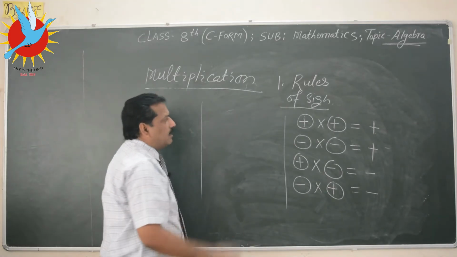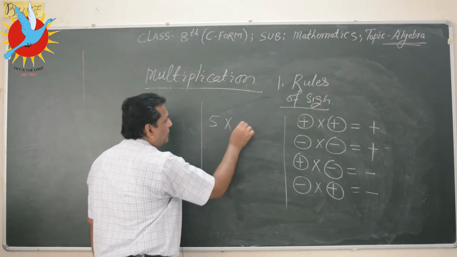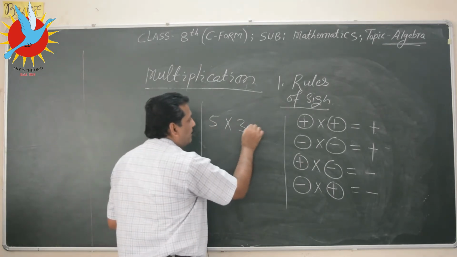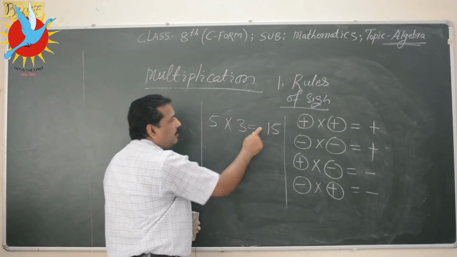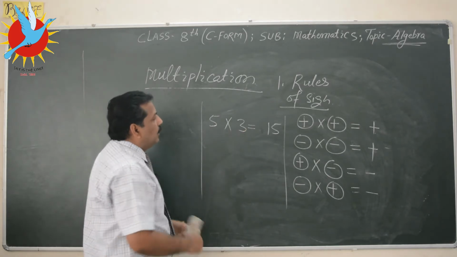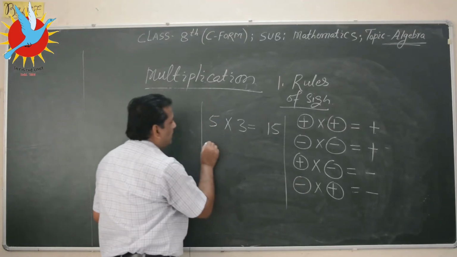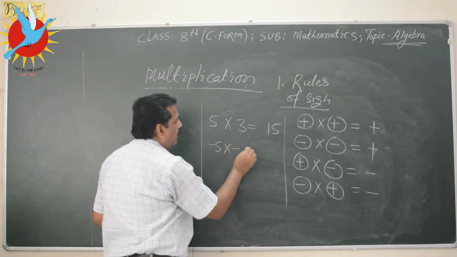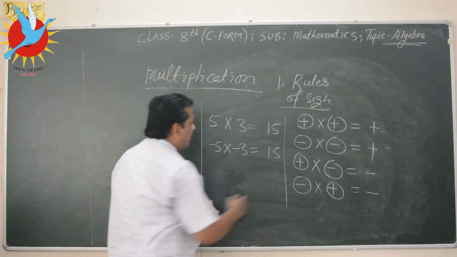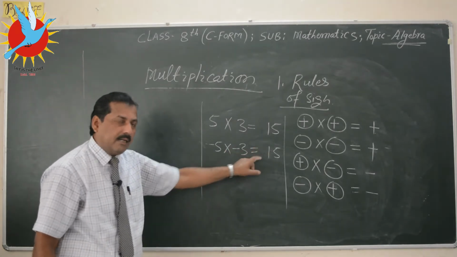Let us take some numbers. So 5 multiplied by 3. Both figures are positive. So 5 3s are 15, and what is the sign of 15? Plus. We may write plus or we may not write. So understood, it is plus. What about minus and minus? Minus 5 multiplied by minus 3. So 5 3s are 15. And what about the sign of this product? Minus into minus is plus. So here it is understood that the plus sign is there.